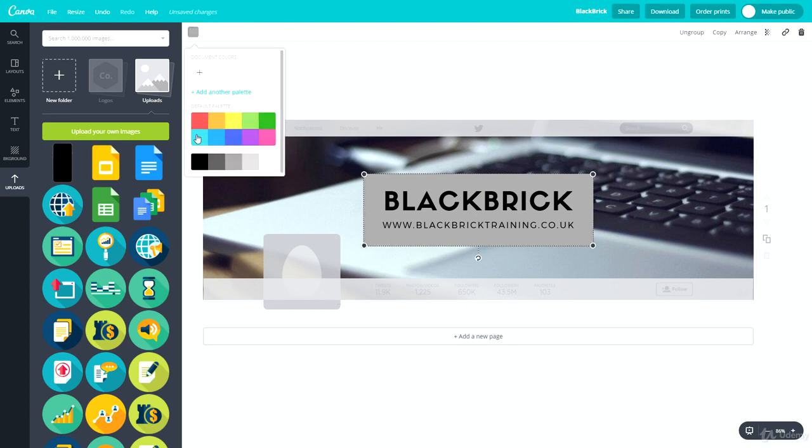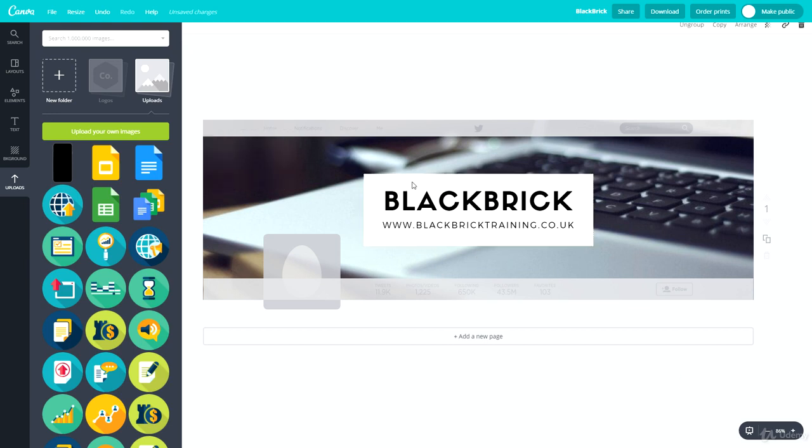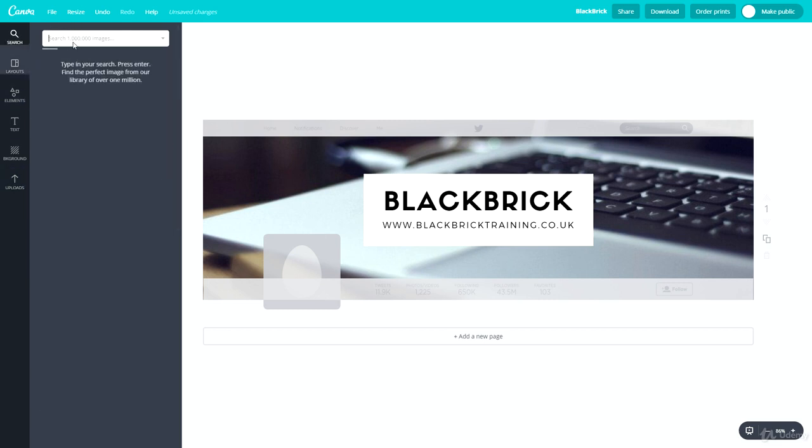Very nice. Let's just see if this looks better with any other colors, like a green or black. Oh, of course not black. White. Yeah, possibly actually. Or the blue. I quite like the white actually. That looks quite clean. I like the clean look of it. Looks very nice. Okay. So what we can then do is go to, let's say, Facebook, like so, and get